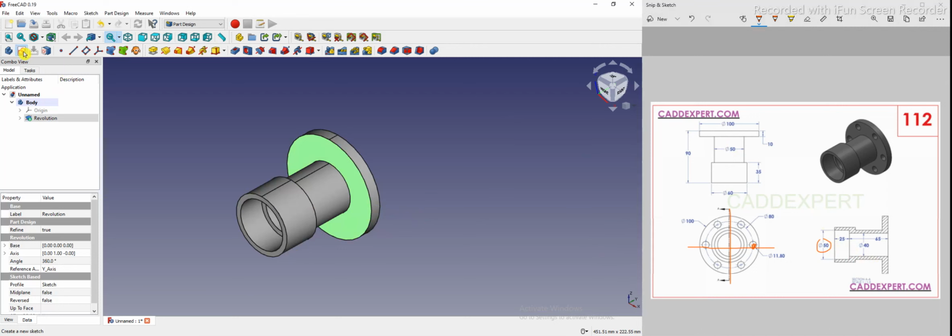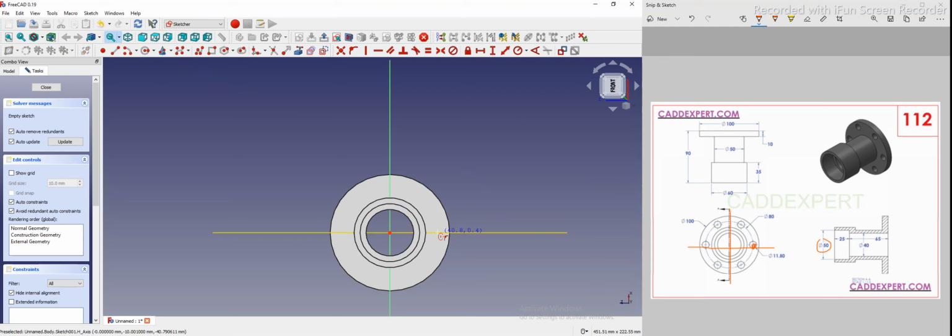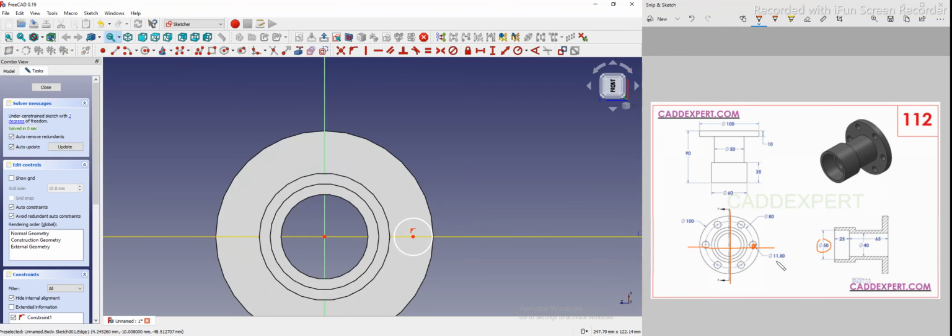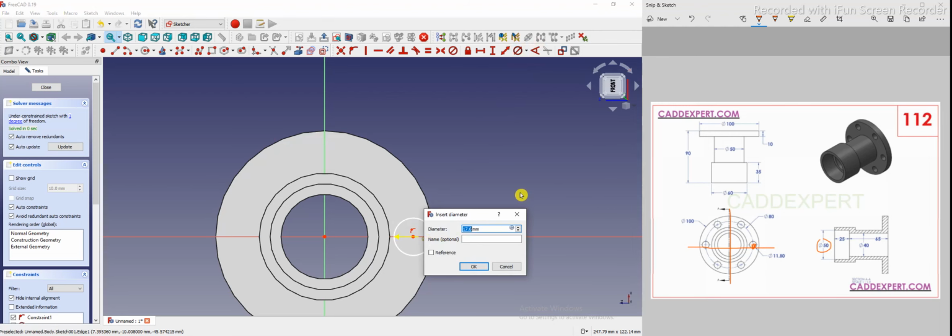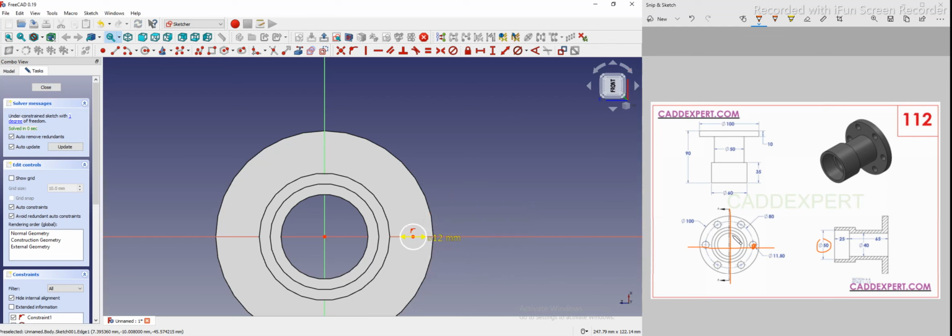I will select the face and say sketch, and I will draw a circle here, and its diameter is 11.8. I will select the diameter constraint, but actually 11.8 does not look appropriate because drill size does not come in point format. I'm not sure, but we will give a diameter of 12 and say OK. And if you see here, the hole PCD is 80. So for the PCD, I will draw a circle here and give